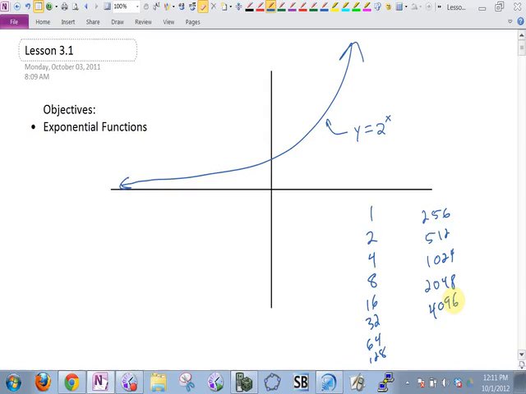Where else do you see numbers like this? Technology. Numbers that follow an exponential pattern. Technology, right? Because everything on a computer is 1s and 0s. So there's 2 options for everything. So if I take 8 bits of data,